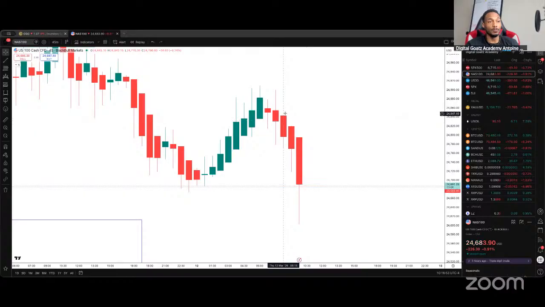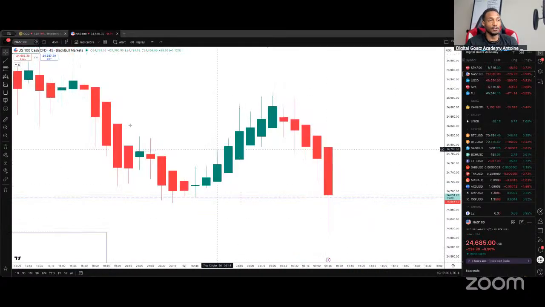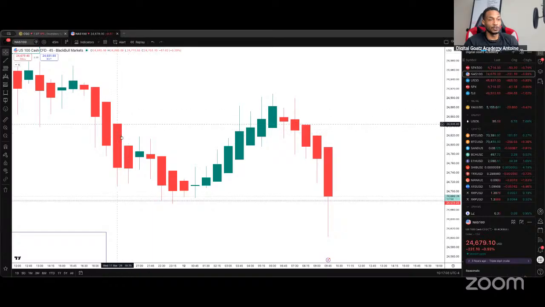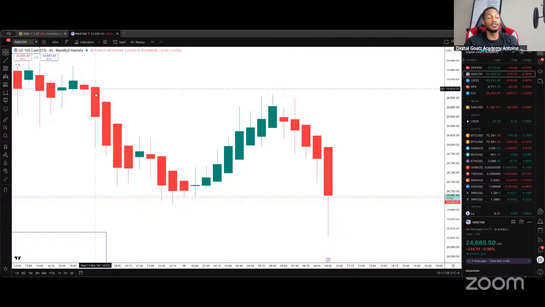You want to see moves where price doesn't really have a wick on the opposite side. So just from this area over here, you see how price had a flat top. These are bearish candles. Price had a flat top each time, which signified that the momentum should come down until it wants to pull back, which it did. And you see the candles are getting larger and larger, but you don't want to see something. It's not that bad, but